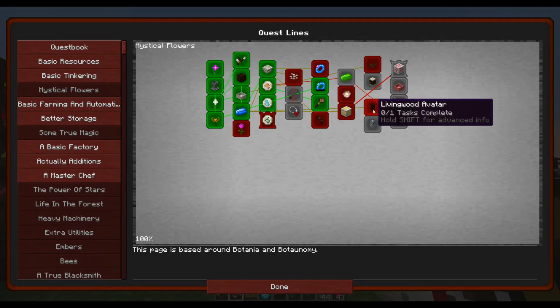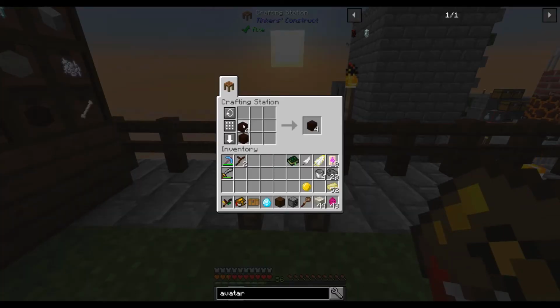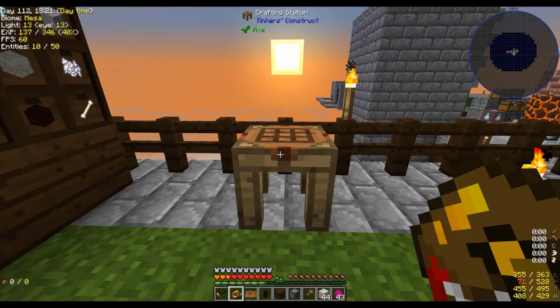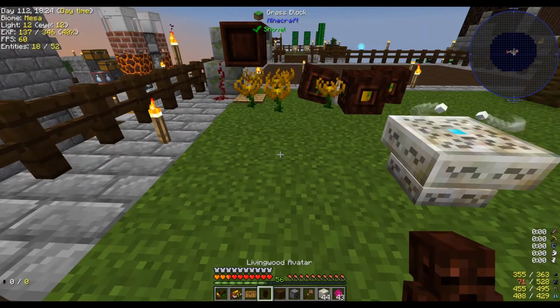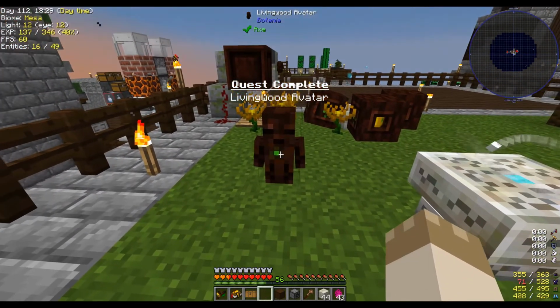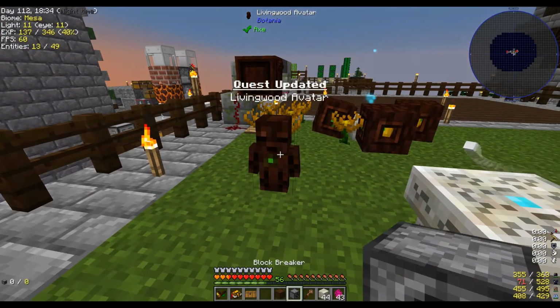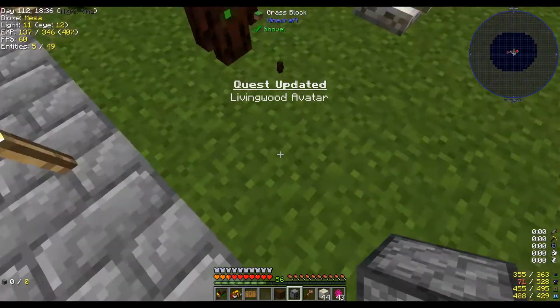Specifically with using the Living Wood Avatar, which is next up. So, we've got these 5. We're going to go like this, and then put a mana diamond right in the middle, and that makes this little Living Wood Avatar fella. Alright, and what that does, we can set him down. Look, aw, cute. Look at him, he's so cute. So what we'll be able to do...